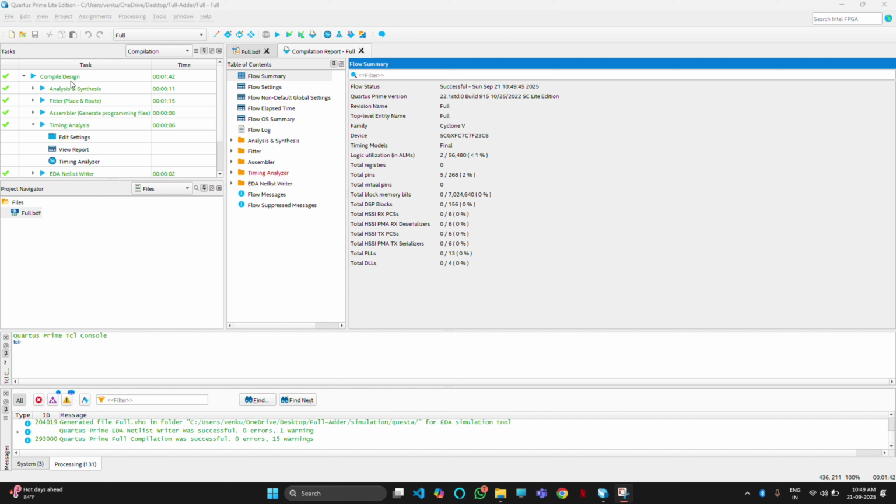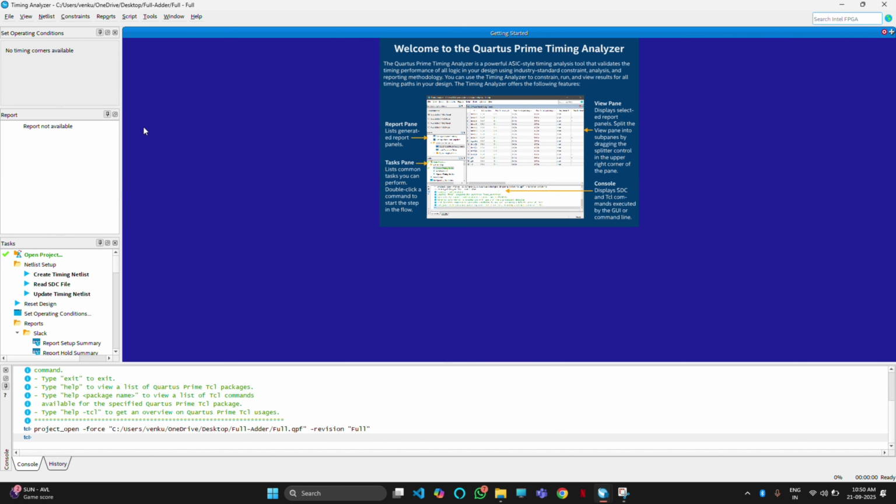So as we can see, the design is successfully compiled and we would be able to see the flow summary where it would tell us how many ALMs we have used, which is 2, and the total number of IO pins with all other information such as the DSP blocks. And once we see the flow, we will be able to see the timing analyzer and check the critical path for the system. So for this particular circuit, the critical path would be,